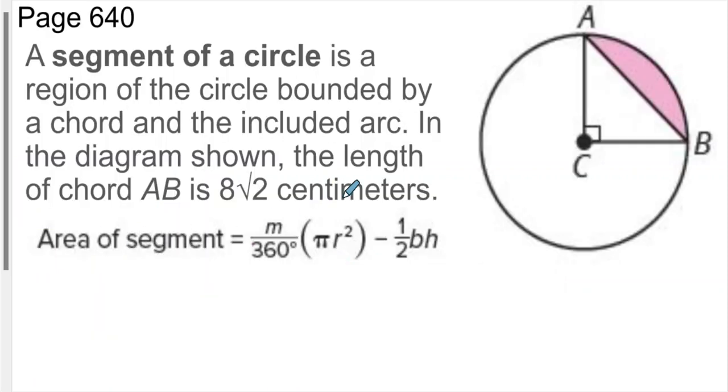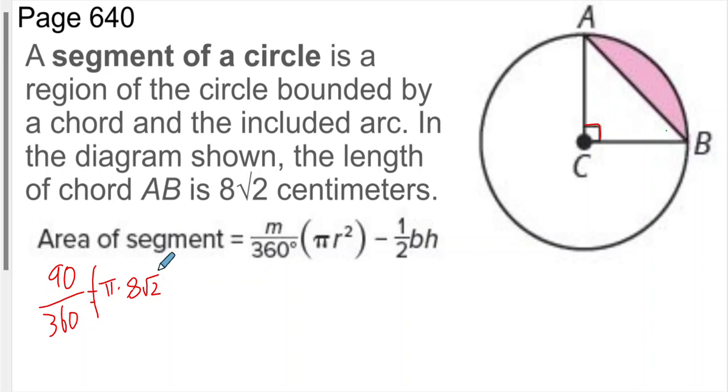So how do I find the area of a segment then? Well, I'm going to find the area of the sector, which is the whole thing, and then subtract this triangle bit. So let's get going. Area of a segment: area of the sector is this first part. So I'm going to look at this. That's a 90-degree angle. So I have 90 over 360 times pi times radius, and radius is 8 square root of 2,